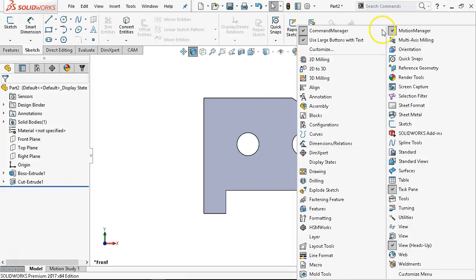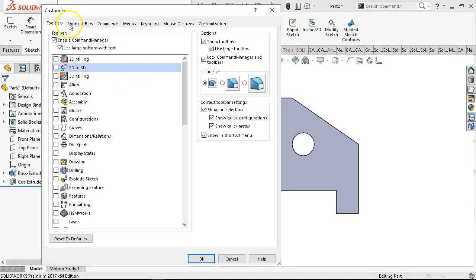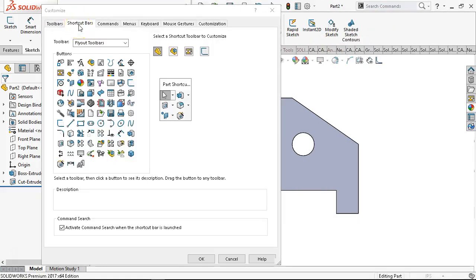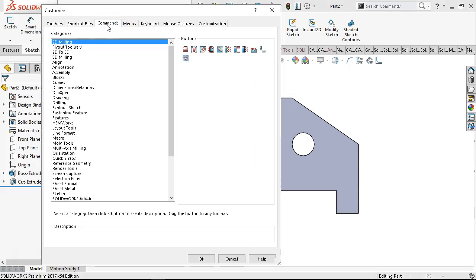So we had that. Yeah, let's just go back into the customize. The shortcut bars, right? So things that have flyouts, and then also the S key. So I said I was going to come back to the S key. This is kind of my reminder to come back to the S key. All of the commands inside of SOLIDWORKS are in here somewhere. Finding them is somewhat a trick, which is why searching the commands is probably better if you know specifically what